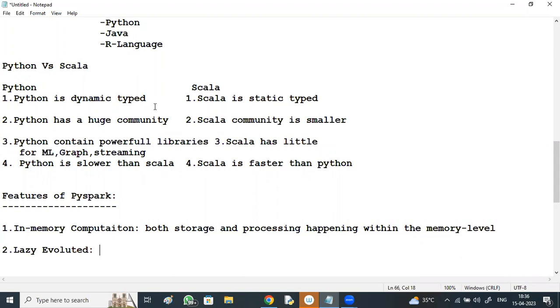Lazy evaluated, right? Yes. Which one is better, lazy evaluated or eager evaluated? Lazy evaluated only. Means when required only, I'll perform an action. So just like a function, when required only, I'll make a call. Here also, when required only, I'll make an action, right? So that the entire flow gets executed.